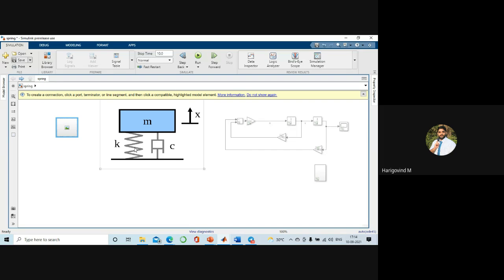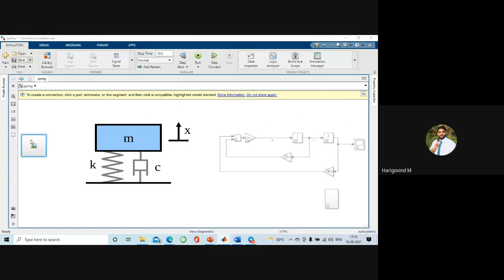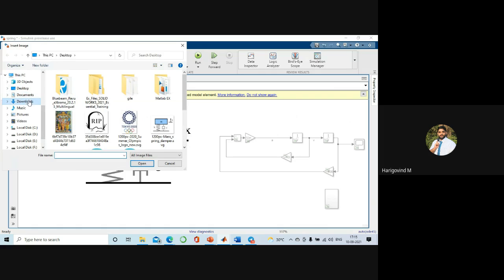We have a mass here, a spring here, and a damper here. We are also giving an initial change x. Initially, the spring is displaced x downwards. That's what this x means. So to convert that to an equation,